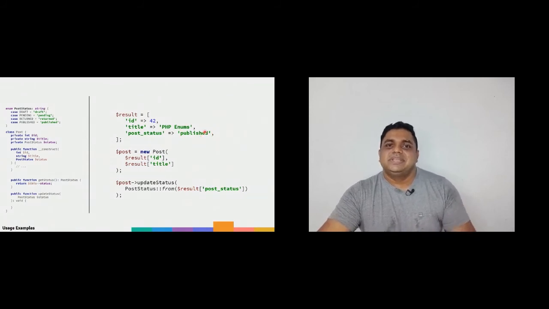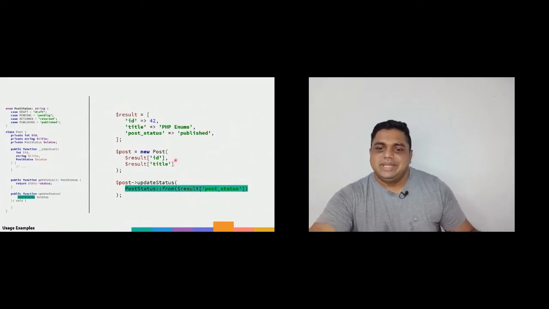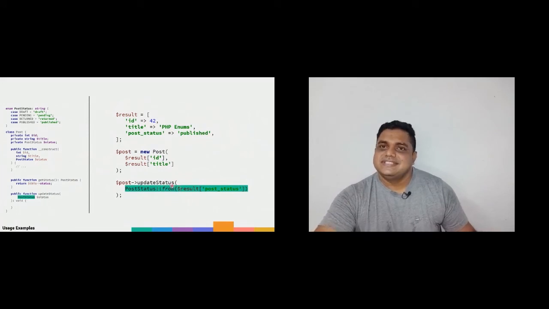We are trying to get the enum object back. To do this, we use a method called from. Because this is a backed enum, it has the tryFrom and from methods. So we use the method called from with the string here, PostStatus, and PHP will return the enum type.